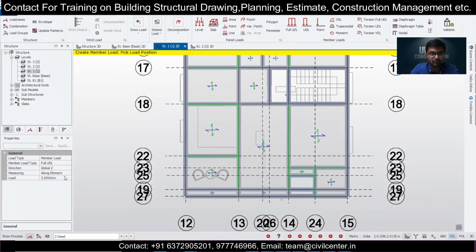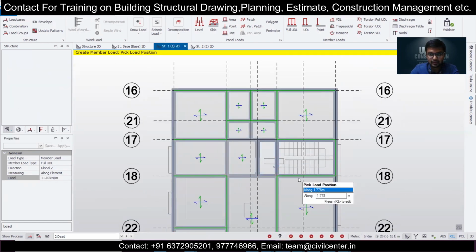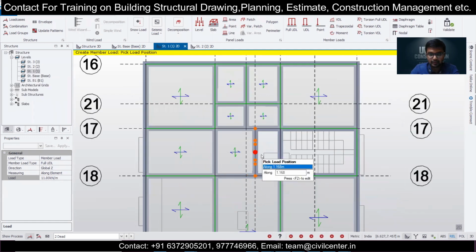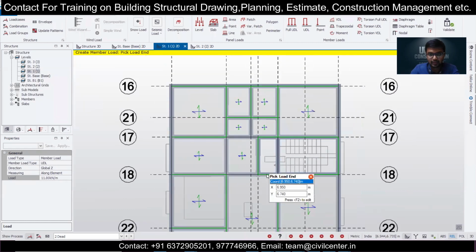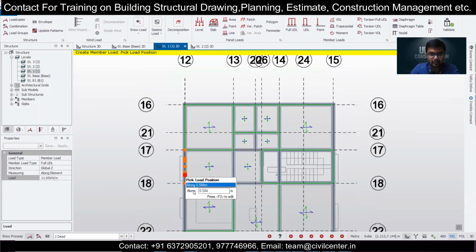So for the external walls, we'll take a load of 11 kilonewton. Let's provide in the staircase because that part is most important. Staircase. Now this one, and after this, take UDL. This is my path from here to here, and this is my path again. Selecting my path. Not getting the path. It's important to take the path here from here to here. So like this I have done from my staircase as well, and this portion is blank after the staircase, so this is blank here. Take the full UDL once again, 11 kilonewton I have selected.